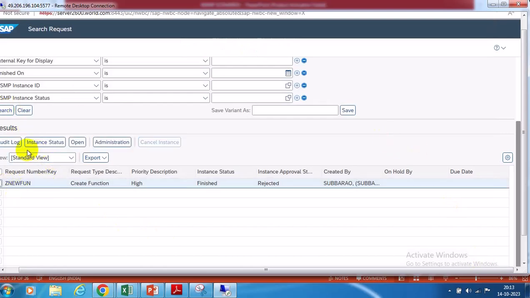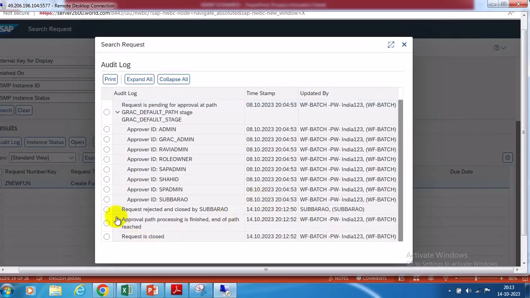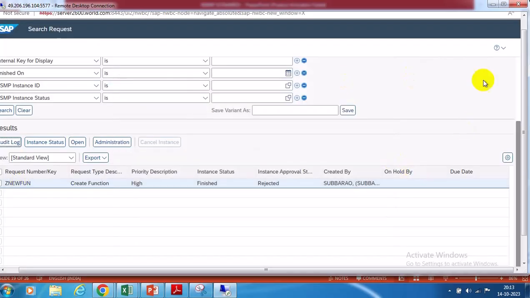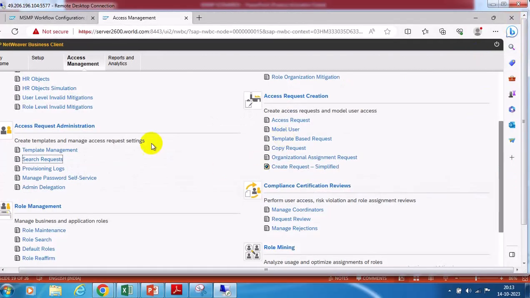So the request is rejected and closed. This is how we can configure a one-stage workflow for function and risk in case of any new requirement during the maintenance window. Once the project goes live, we will probably have a requirement to add additional functions and